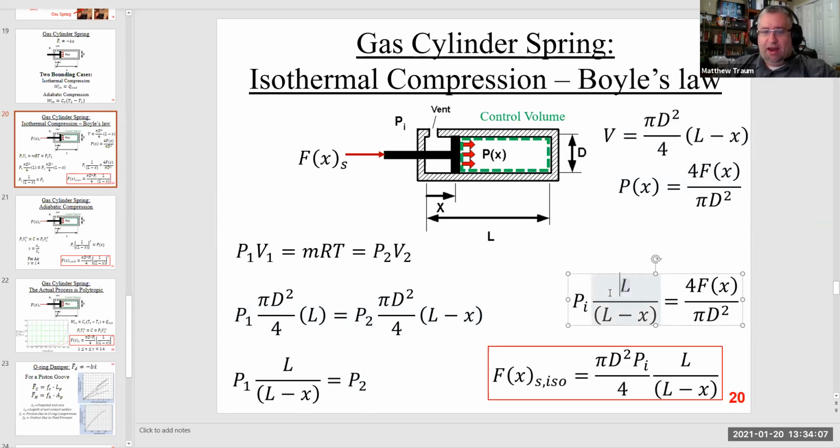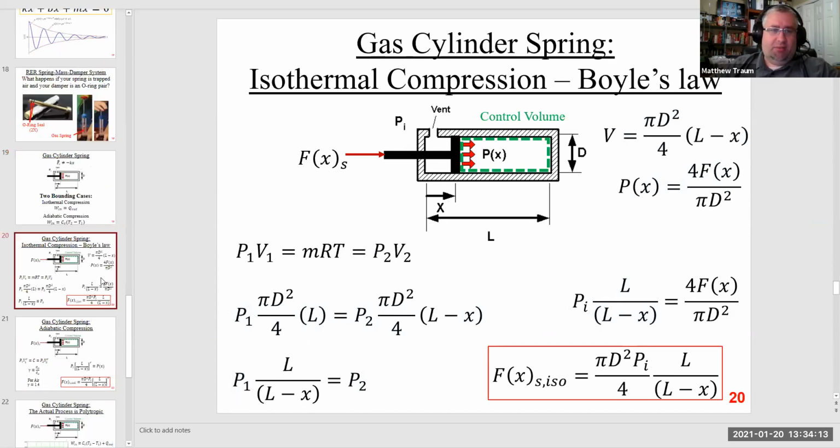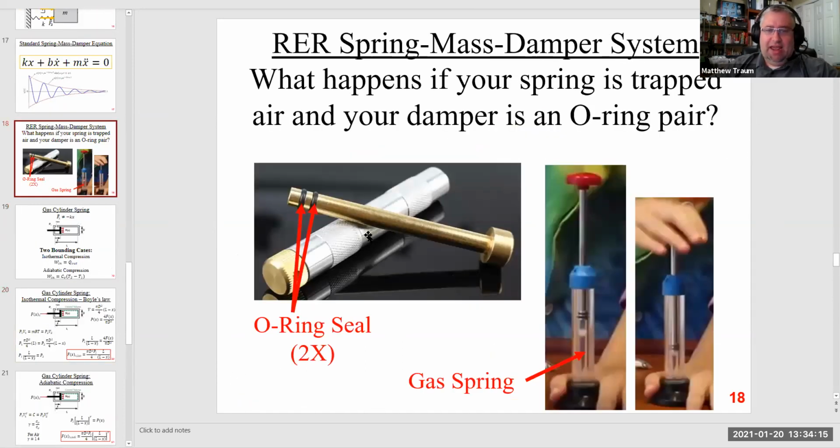Then I come over here and I say, okay, what's P1 and P2? Well, P1 is just atmospheric pressure, right? And why is that? Well, it's because initially I just had air in here, and I sealed the air in when I put the piston in the cylinder. And okay, maybe there's a little bit of a pressure increase as I'm trying to seat the O-rings. But for the most part, before I actually do the compression, the pressure in there is just atmospheric pressure because I'm not actually compressing the gas.